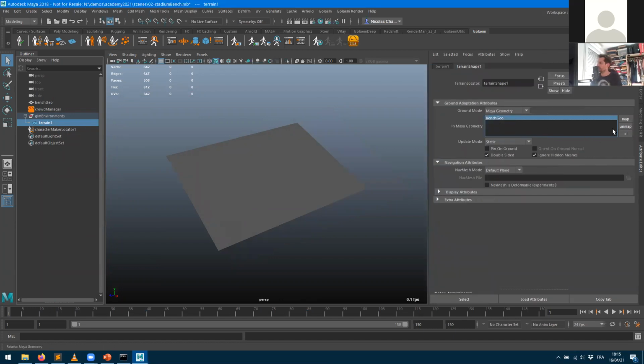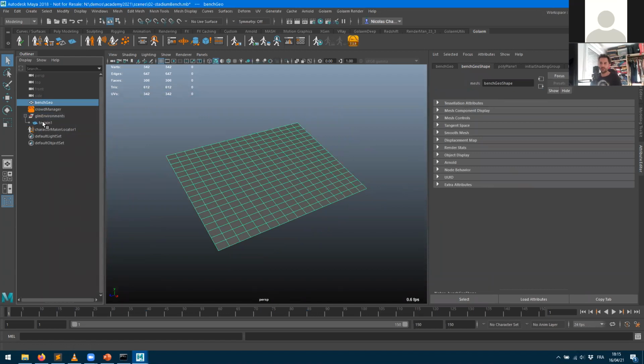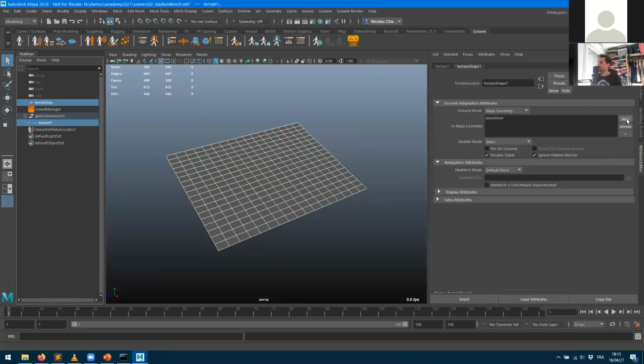By the way, if for some reason you forgot to select the geo, maybe you created your terrain node and you don't have any geometry here, we can map the geometry and the terrain together just by selecting the two of them. First the geo, as many meshes as you want, then the terrain, and use the map button and you will map your geo here. Same if the terrain evolves and you need to add more meshes for the characters to adapt to, you can just extend that terrain node